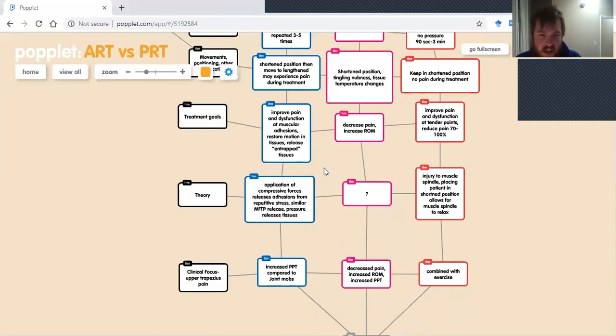So if they're having an issue with extension or flexion, you're specifically addressing that movement and trying to improve that movement through the application. So I think it's kind of interesting that they didn't really address how that active component compared to a trigger point. I had some trouble finding some comparisons, but I think it kind of relates a lot to other types